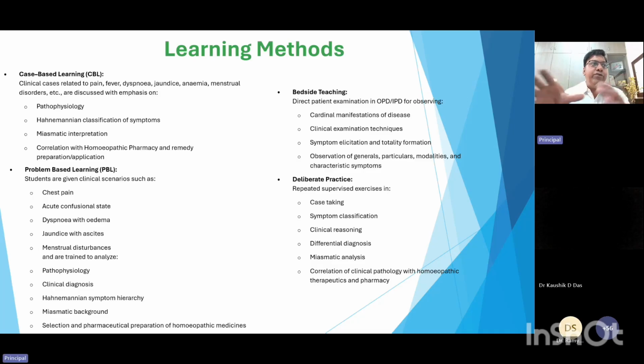Clinical cases related to pain, fever, diarrhea, jaundice. So there may be different clinical conditions which are there in the syllabus under Part 1, Paper 2, Fundamentals of Clinical Medicine in Homeopathy Pharmacy. So under each clinical condition,